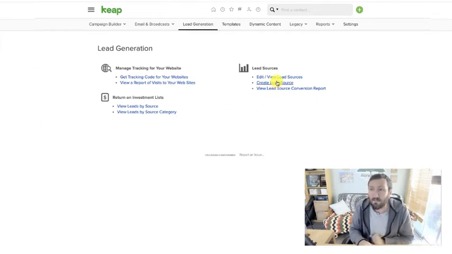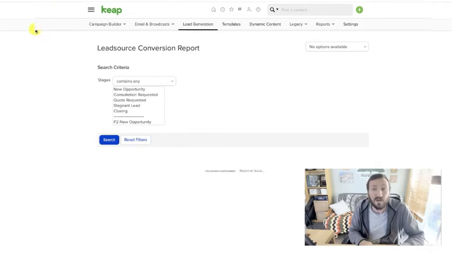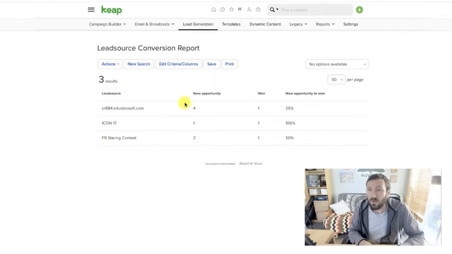Now, you can manually create lead sources. You can view the lead source conversion report, which is actually tied back to the opportunity module. So what this allows you to do is, say, select 2 stages, right? New opportunity and 1. And when you search, it'll show you the number of new opportunities and the number and the percentage that moved on to the next stage. So if you select 2 different stages, it shows you, hey, we had a 25% conversion, and it sorts them